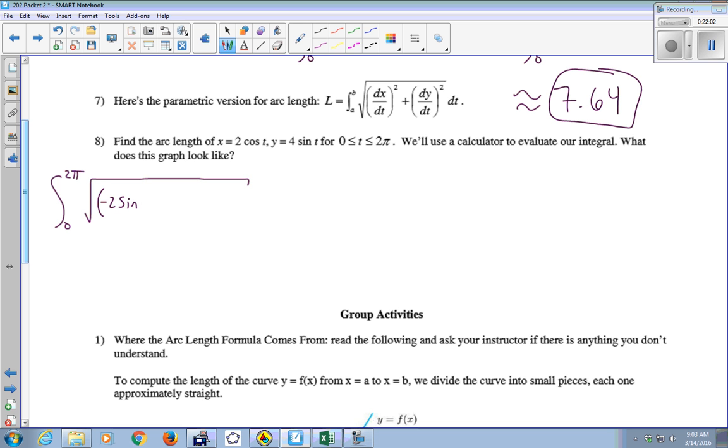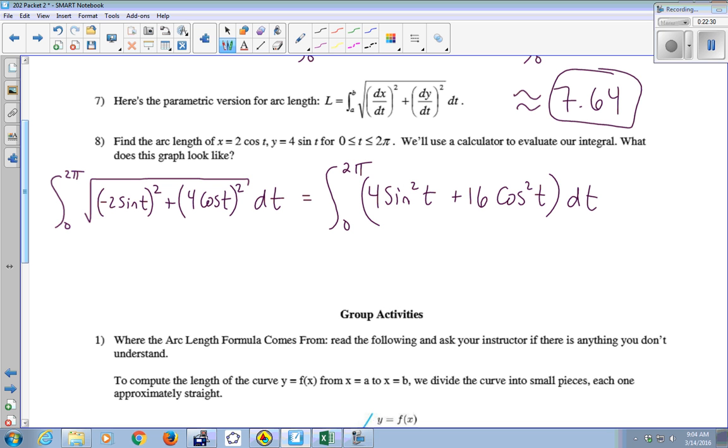Negative 2 sine t and square it. Plus then we take the derivative of y with respect to t, just following the formula here. So I get 4 cosine t squared dt. And I simplify this, 0 to 2 pi. This becomes 4 sine squared plus 16 cosine squared